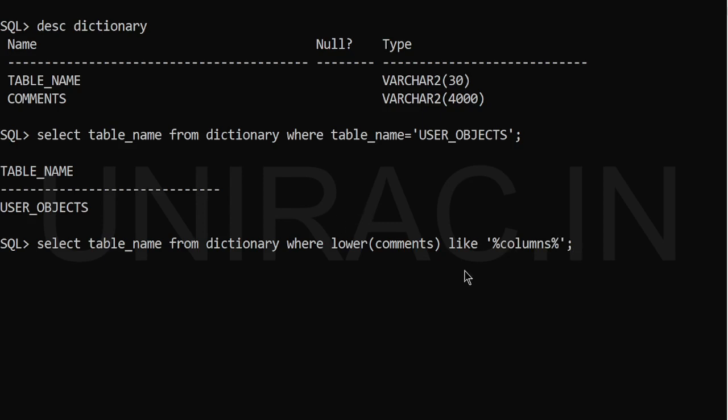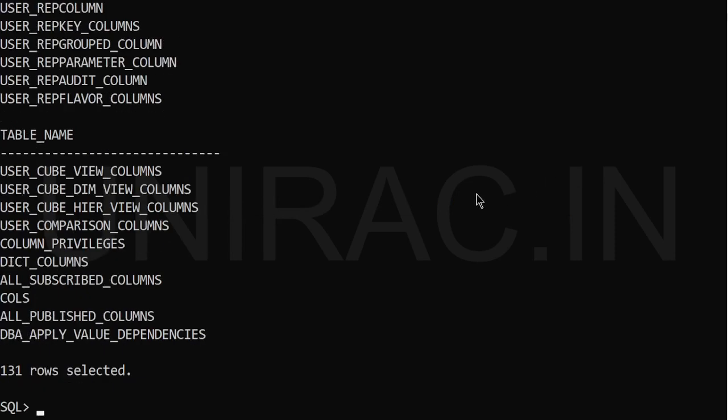Here we are going to search based on columns. All the list of tables with the columns pattern. Percentage is used here to find those tables with the search pattern. LIKE is the operator we can use with percentage to find the search pattern. It will match the pattern, then list out all the tables from your dictionary tables. I just executed it, and we can see 131 rows are there.